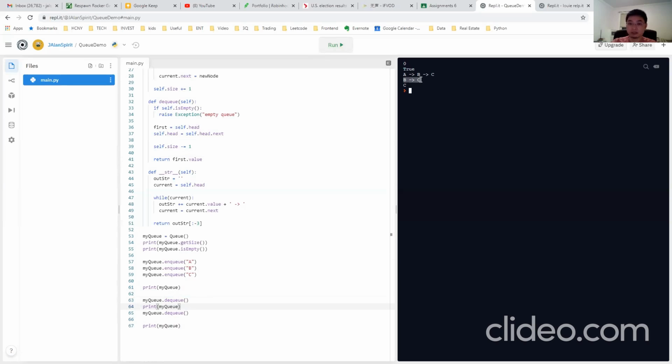I dequeue 1 time, dequeue the A, so it remains as B, C. I dequeue 1 more time, it has the C only. And what happens if I dequeue another time and print out my q? What am I getting? None. The q is empty, right? You can print out, hey, here the q is empty.